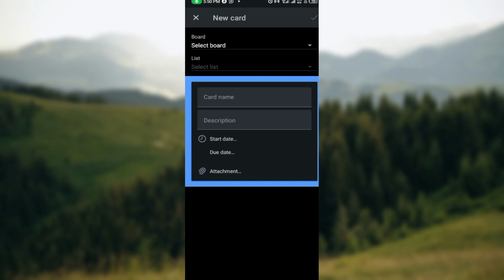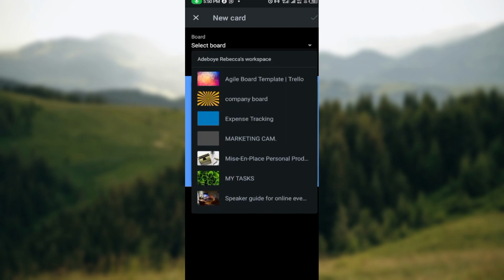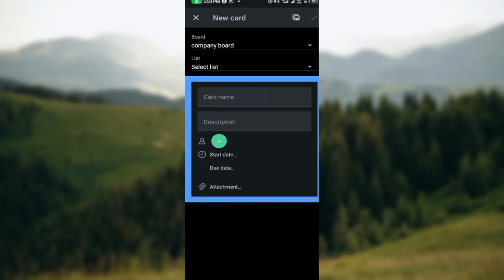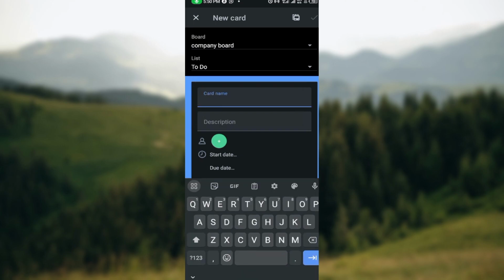So now the next step is to type in the title for your new card and select the board and the list where you want the card to be added. So just select the board. For me, I'll be selecting my company board and then select the list. Okay, which kind of list do you want? Okay, I'll put in order to do, and then just type out the card name. Okay, so it could just be payment, all right, and then add the card description,